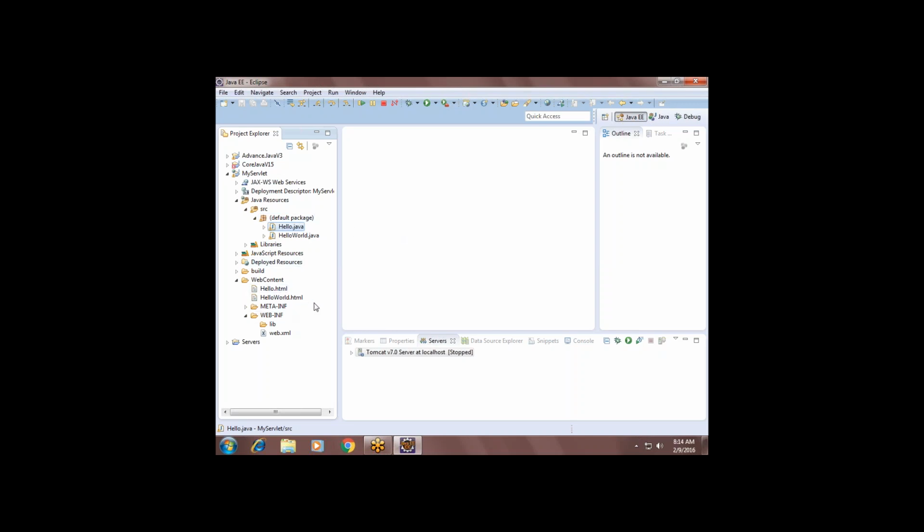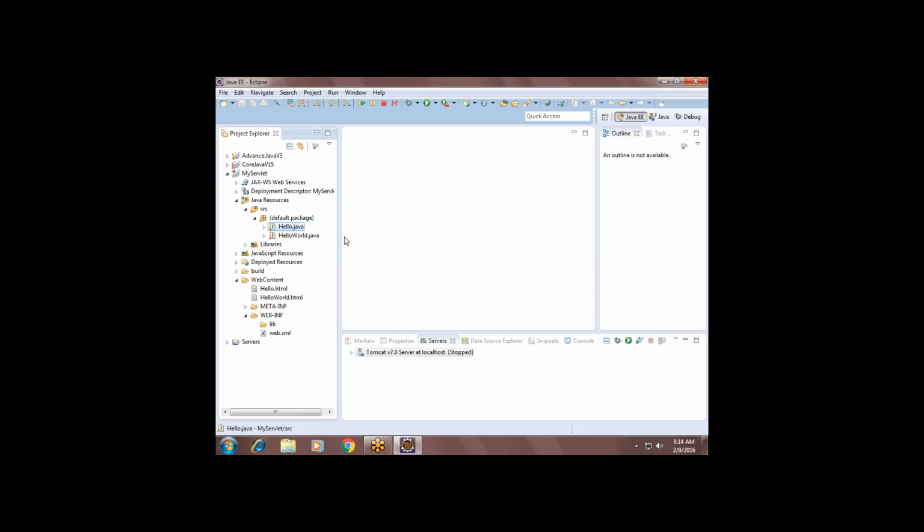Yesterday we just clicked on one HTML page, it was sent to the server, and it displayed some message. But now, from the client we are sending some parameters, some values to the server, and let us see how the server will receive the parameters.